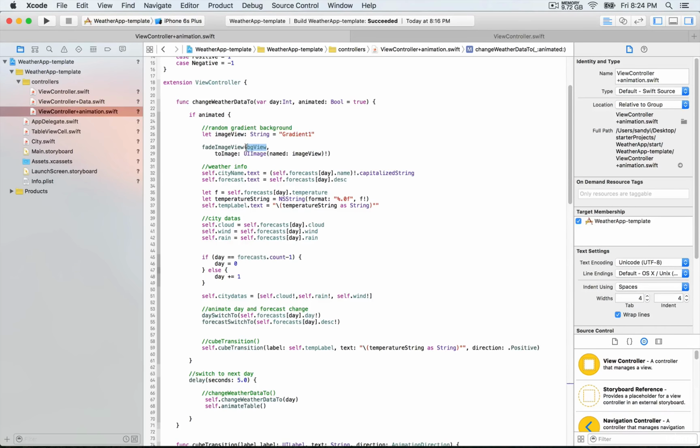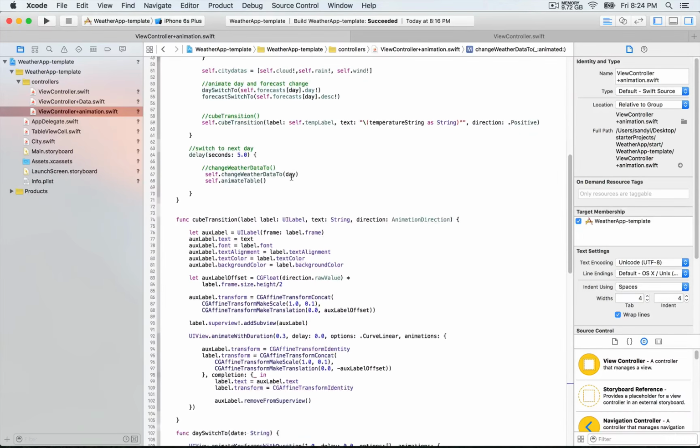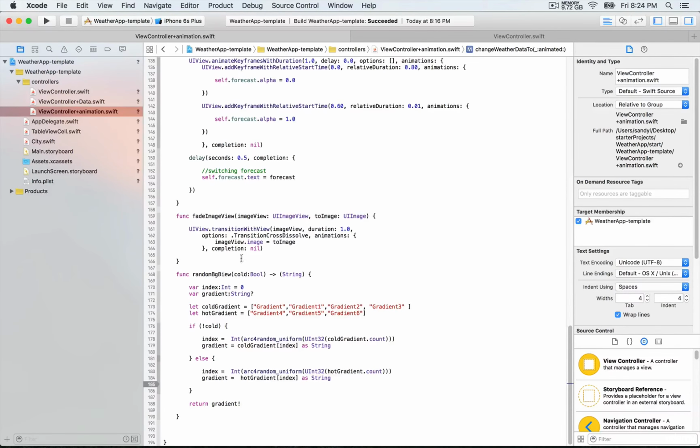The first parameter is going to be the background view, which is our outlet, and the second is toImage, which is going to be this image view that we define right here. That's going to be the default gradient that we have in the storyboard, and then switching to the next one, which is going to be this one. For now it defaults to 1, so it's hard-coded. We're going to have a condition later on. We're going to find this function